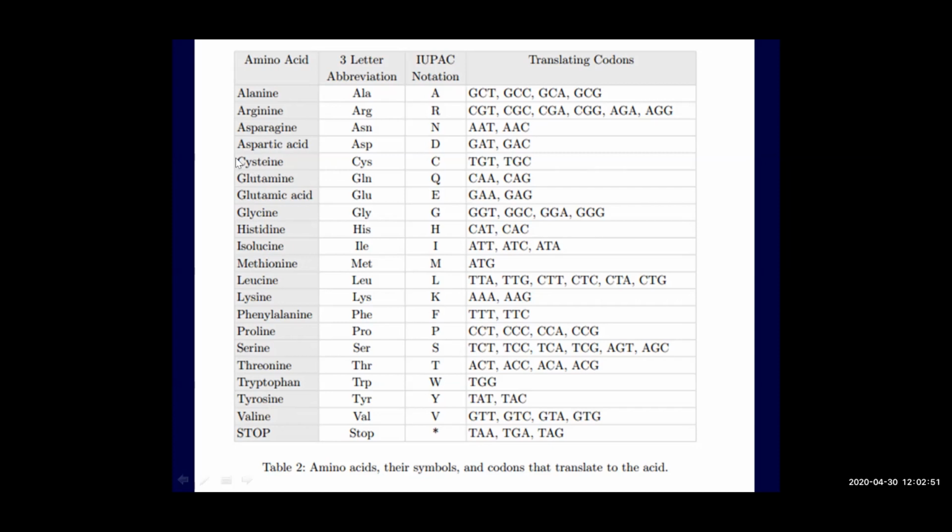So to make it simple, what they have done is, because aspartic acid is named as an acid, although others are also amino acids but not named as acid, only a few, glutamic acid and aspartic acid. So to make it easy, the last alphabet, D, has been taken for aspartic acid. So for aspartic acid, it is taken as D. Then for asparagine, it is taken as N.